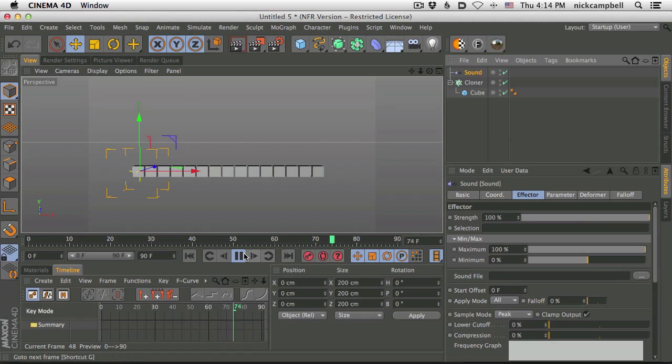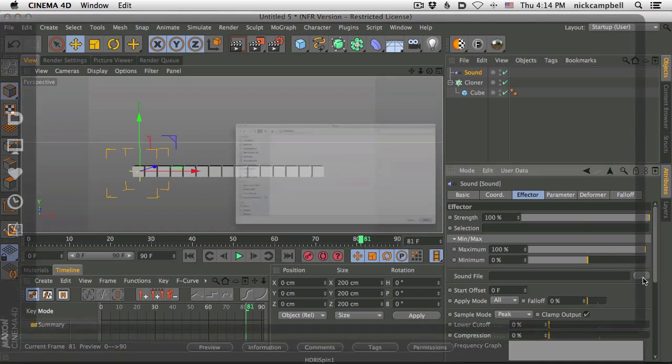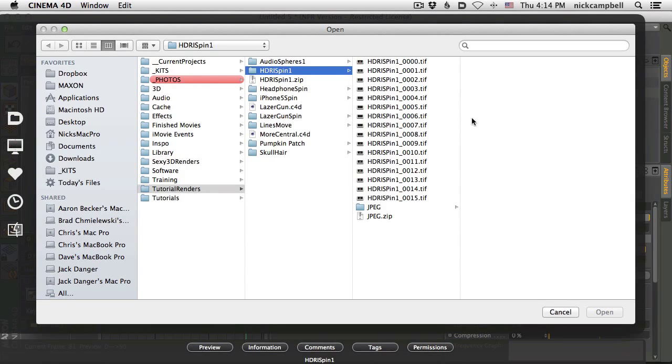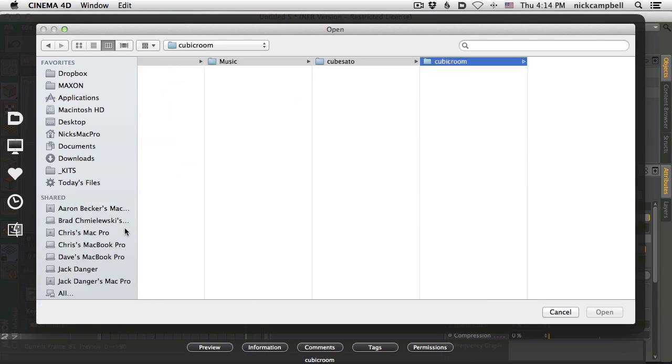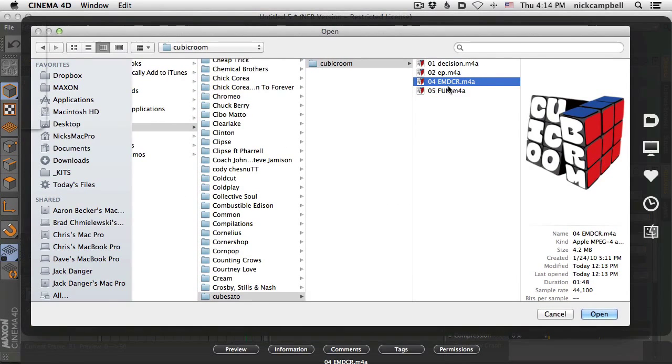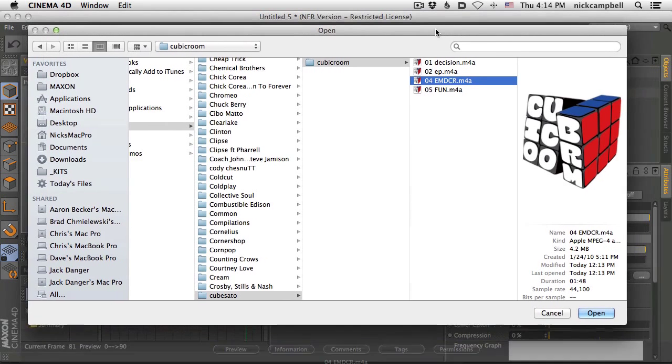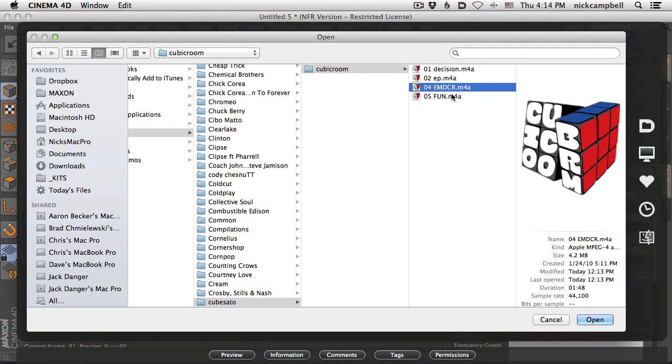So you need to grab either a QuickTime with audio in it, or a WAV file, or an MP3, I think works. Actually, MP3s might not work. I'm not exactly sure, but make sure you grab a file that it recognizes. In this case, I grabbed what I think might be an MP3. So let's find that out. It's by this artist Cubisto. I'm sure I'm screwing up his name, but it's this track right here.